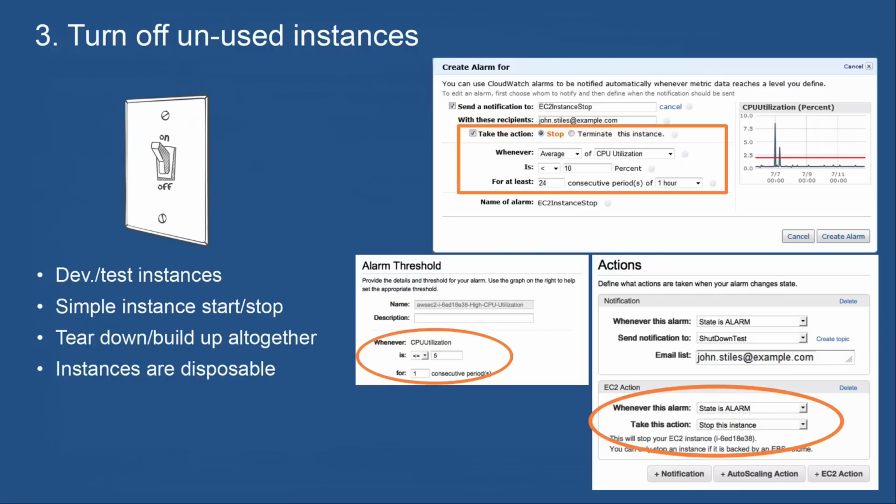So you can see here examples of a CloudWatch alarm being created that will stop an instance if it's significantly underutilized for a long period of time. And that's something that you might want to do in your development environments, just as a catch-all to catch instances that might not have been stopped by developers but have been left idle. You can put those stop actions on those instances.